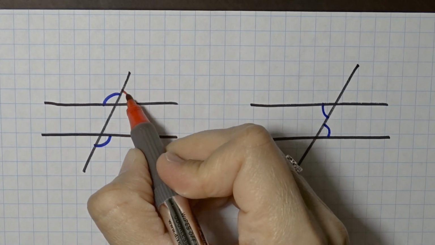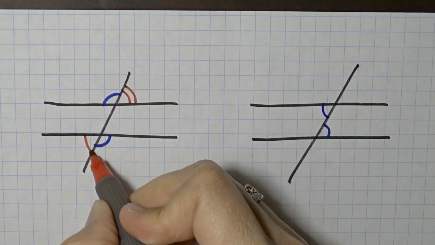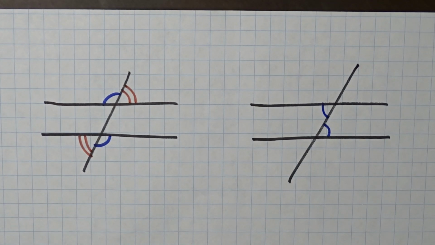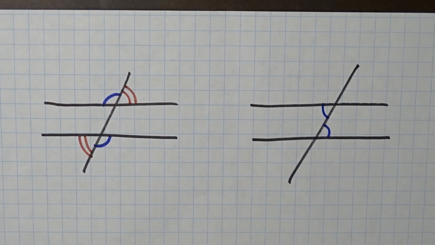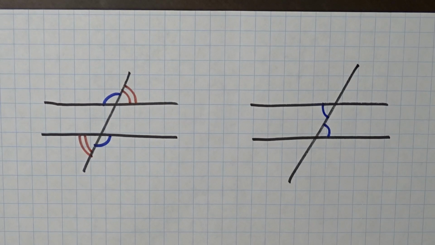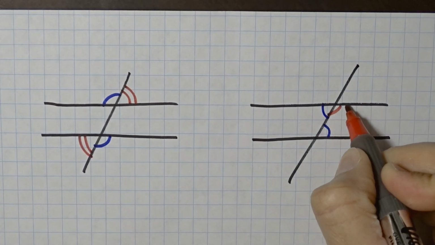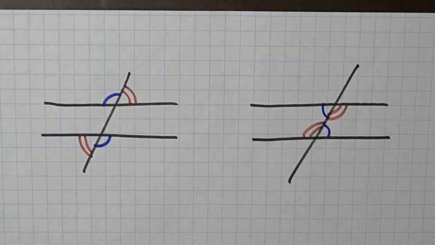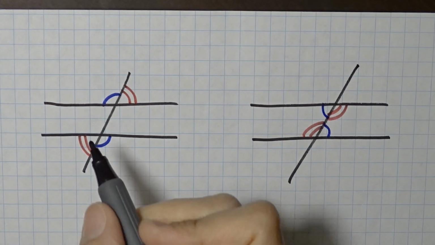We also have these on the outside. So you have two pairs of congruent angles that are on the exterior of the parallel lines. Then you have one pair of congruent angles inside, and you have this other pair of congruent angles on the inside. And there is a name for these, and the exterior angles are called